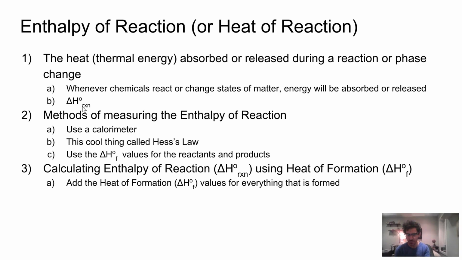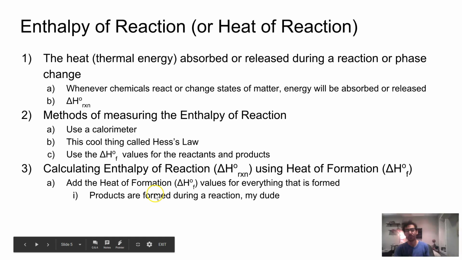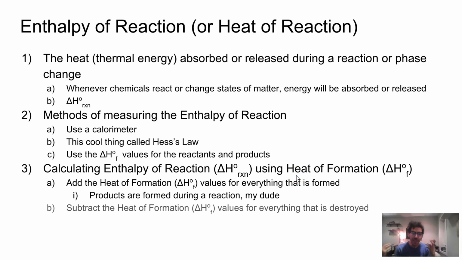For starters, we're going to figure out the delta H of formation for everything that's formed during the reaction, and we're going to add up all those numbers. Products are the things that are formed during a reaction. So it makes sense that if we're looking at the heat of formation, we would add up the values for things that are formed. And we're going to subtract from this the heat of formation for everything that is destroyed,